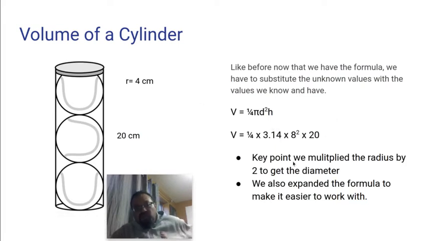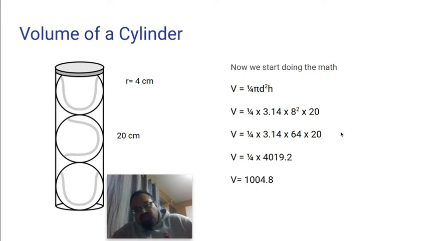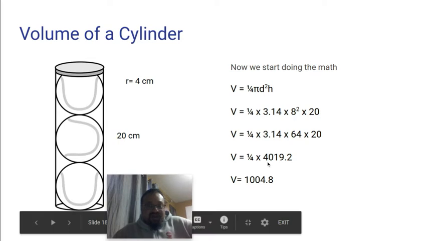Now, once we have substituted all the values in, we start looking at doing some math. Okay, quarter stays the same, 3.14 stays the same, 8 squared turns into 64, the 20 stays the same. We multiply all these together, the 3.14, the 64, and the 20, we get 4,019.2. Okay, and the last step is to multiply that by a quarter or divide it by 4. Okay, you should get